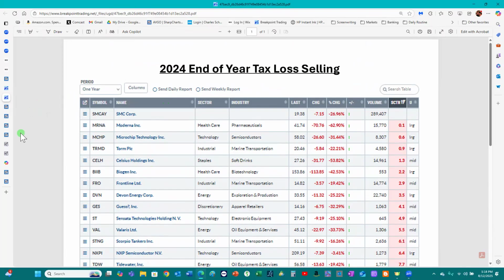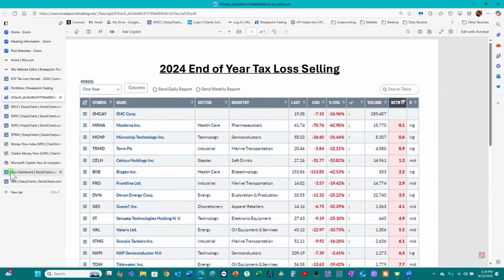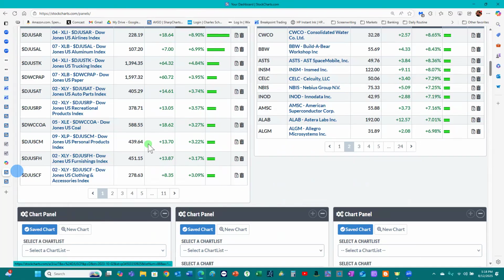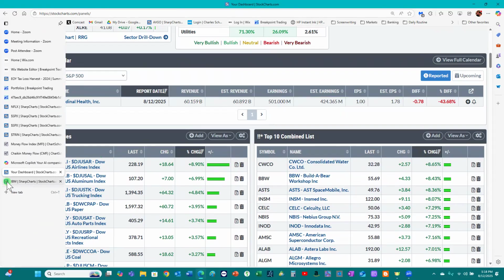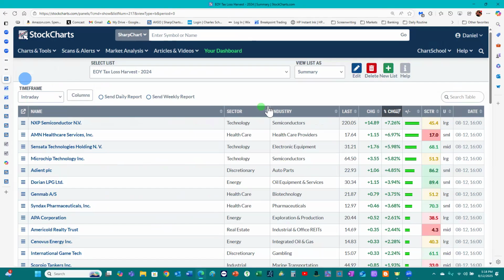So the idea is, as the market sells off, or towards the end of the year, when people want to take losses in order to put those against gains that they've had for the year, many times they'll take the losses on stocks that are going down, and it might even push them down even more right at the end of the year. But those stocks are not always bad stocks. So what they do in January is they turn around and buy them back right at the beginning of January. Now, this doesn't work for every stock, and it's best to know the names and look at the charts and